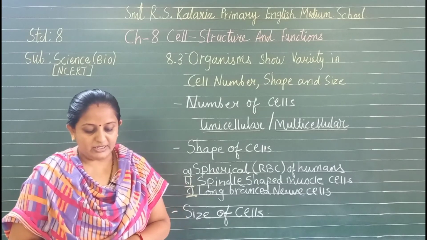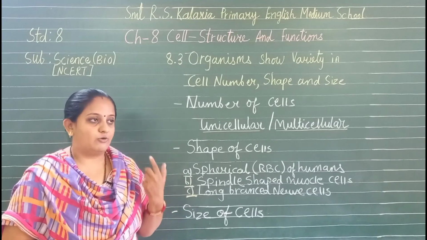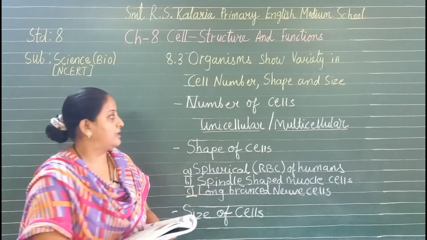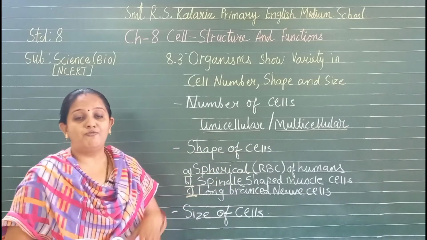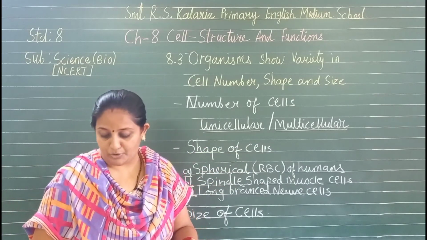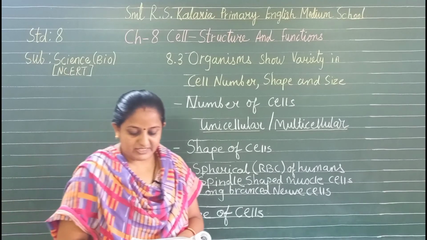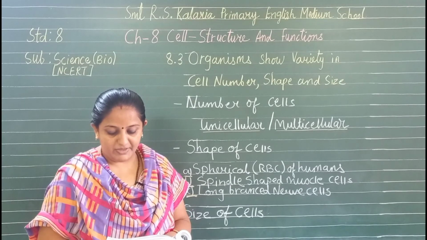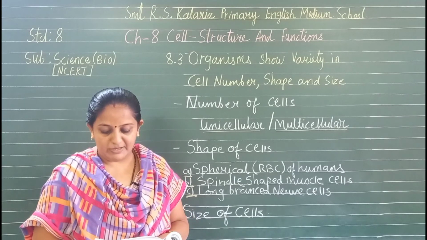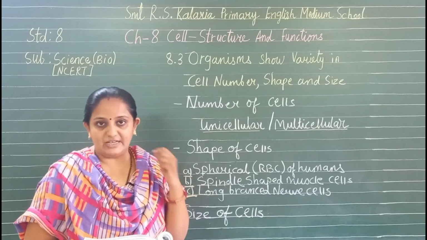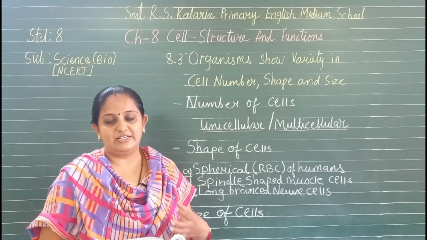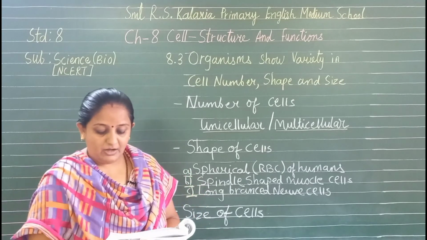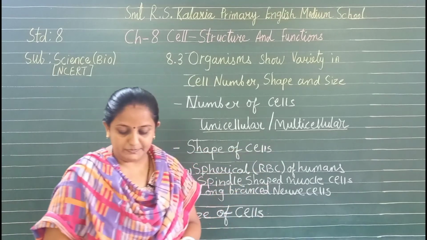A billion is 1,000 million, and a trillion is 1,000 billion. Organisms made up of more than one cell are called multicellular. Whose body is made up of more than one cell are known as multicellular organisms. The number of cells being less in a smaller organism does not in any way affect its functioning. You will be surprised to know that an organism with billions of cells begins life as a single cell. We humans have billions of cells in our body, and that is an example of a multicellular organism.